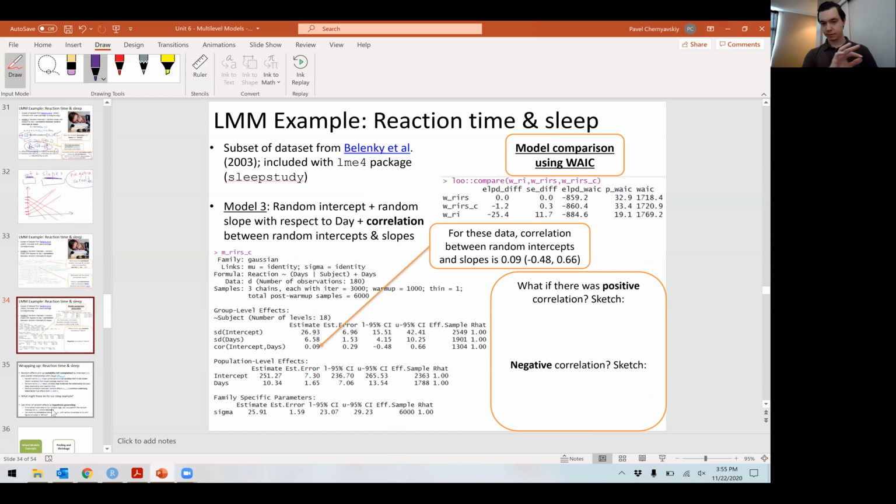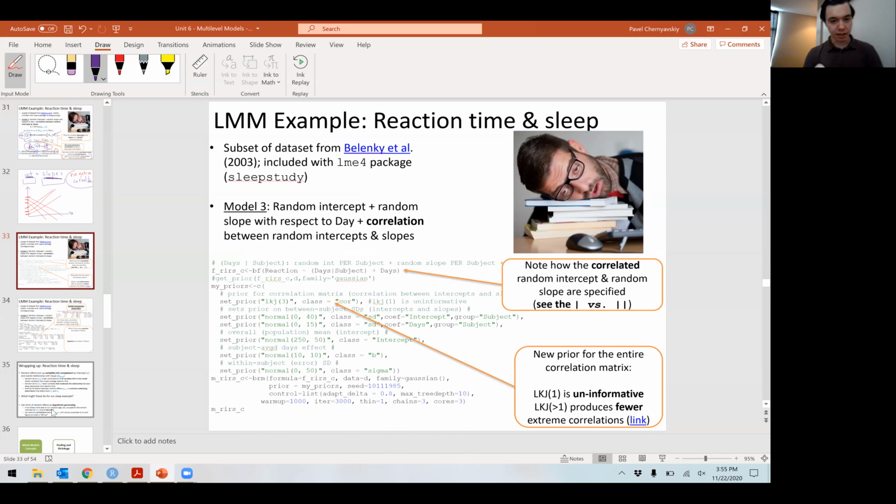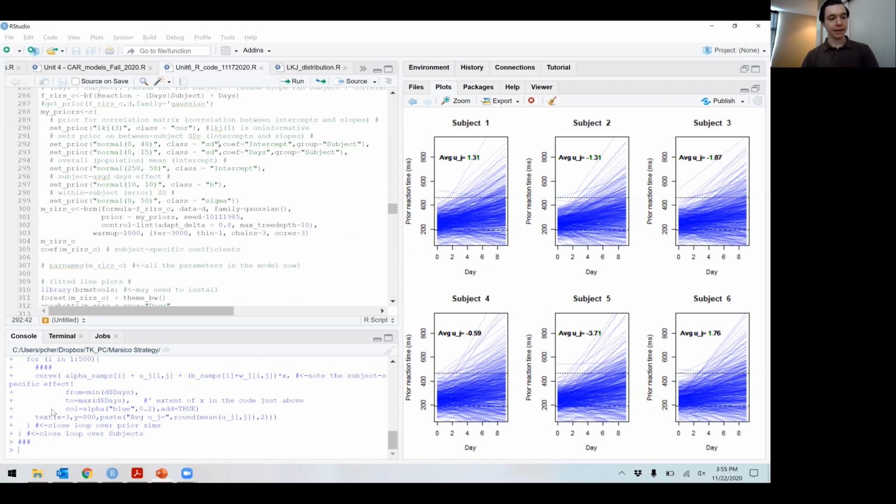All right. So the difference as well is in this term right here, where now I have just a single vertical line, which indicates they're correlated, as opposed to two vertical lines, which is that they're independent. The random intercepts and random slopes are independent. So I run that,